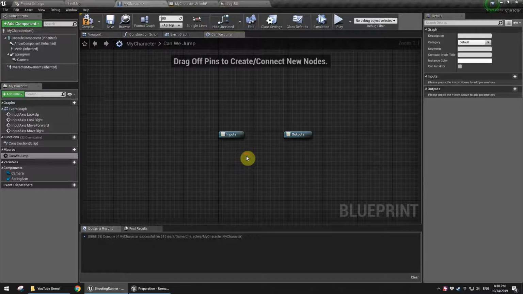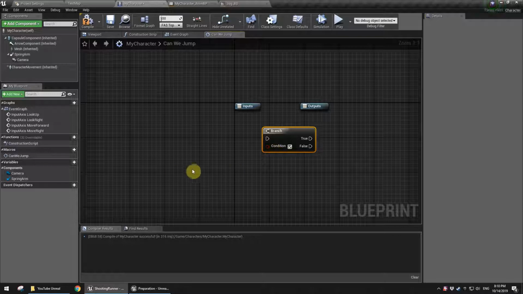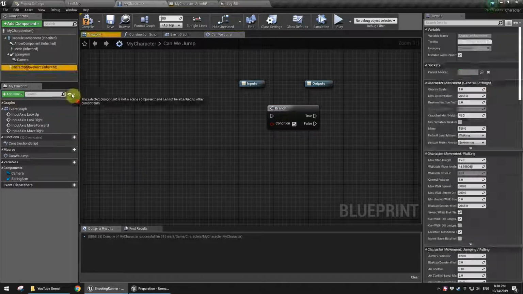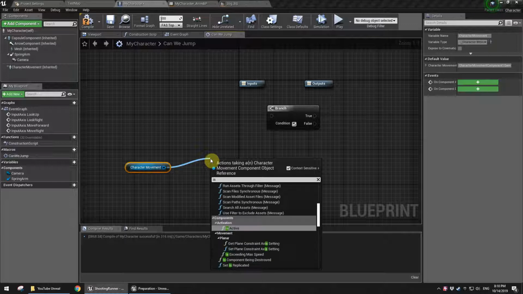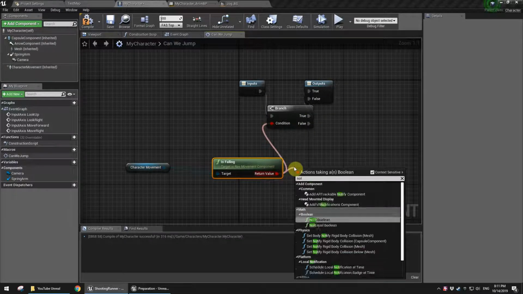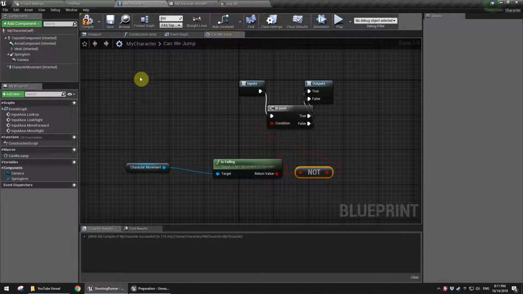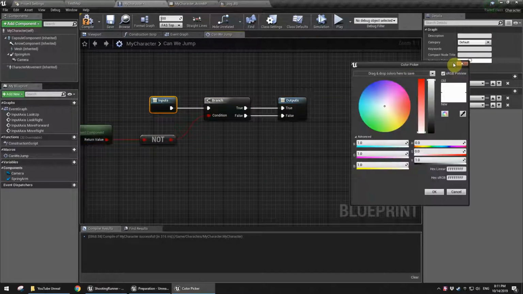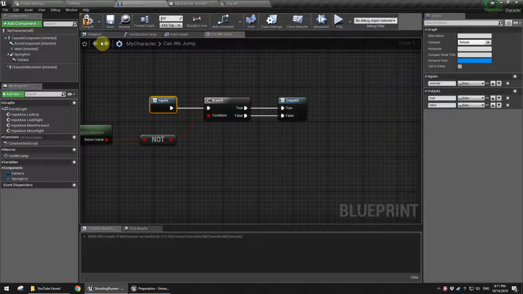So let's create a branch here, and now the only thing I want to check is if I am falling, because if I'm falling, it means that I am already jumping and I don't want to jump again. So let's create true and false. Okay, here I need a not Boolean. Let's Alt F, click on inputs, and let's change the color to something bluish and save the color. All right,